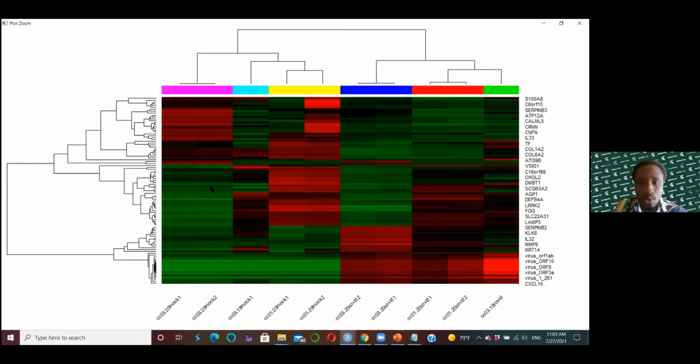Even though others too, this we can't. Looking at this gene here, which is DMBT1, we can differentiate between their expression from this mock group here,